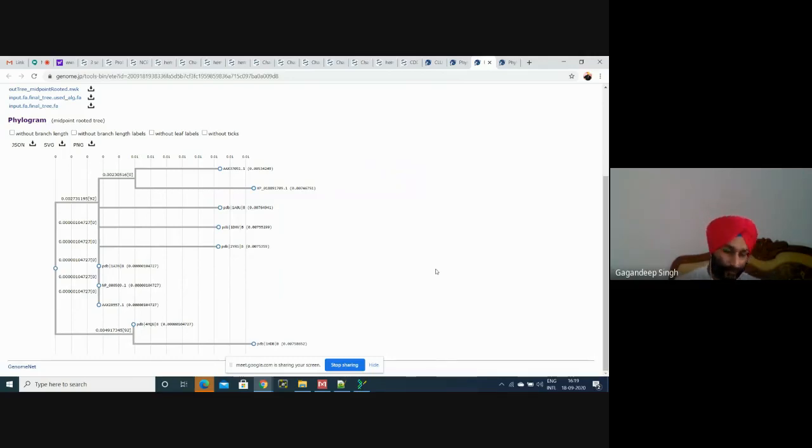By using bioinformatics, you can easily predict phylogenetic trees by using the sequences only. By using the sequences, you can easily relate which is the ancestor and which is the new organism. Now this is basically an unrooted tree, which means we don't have any root. If we have a root, it is a rooted tree.